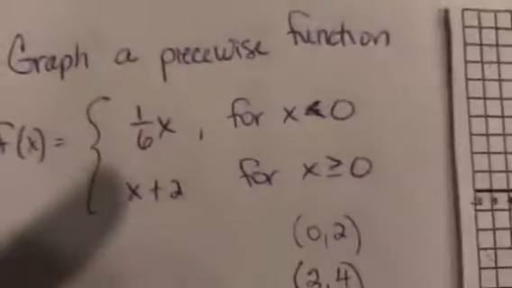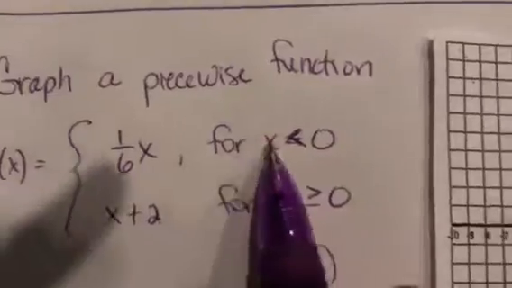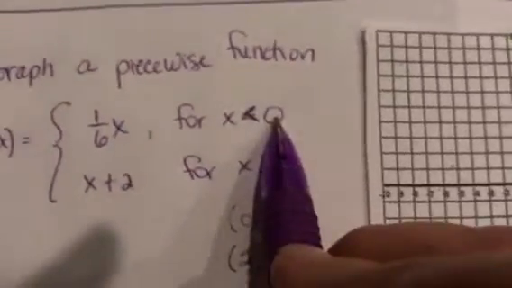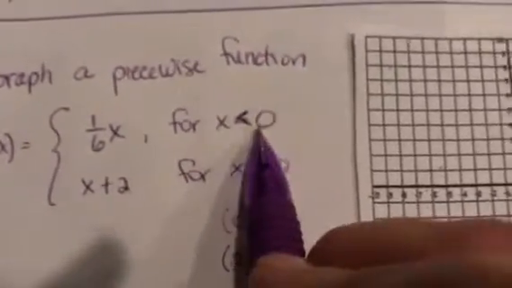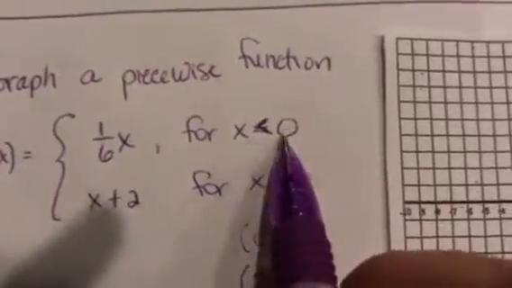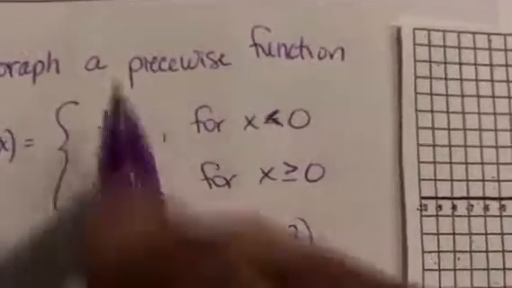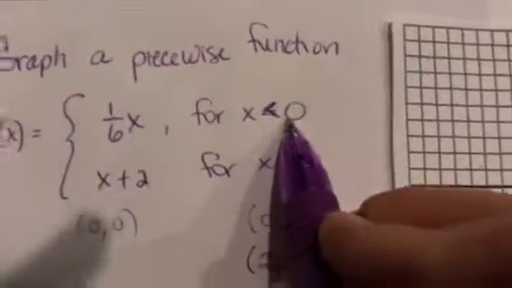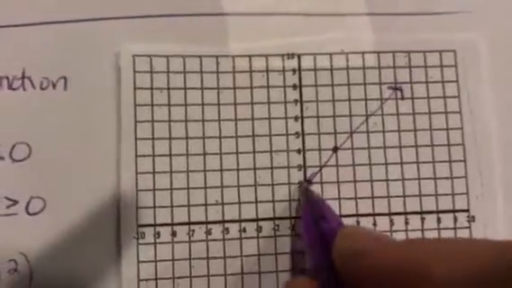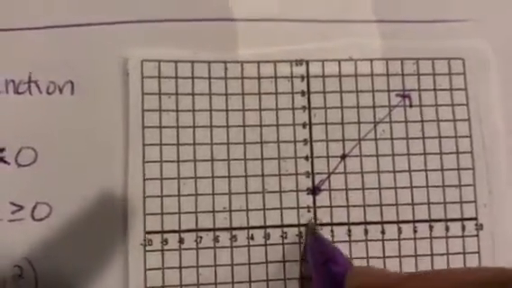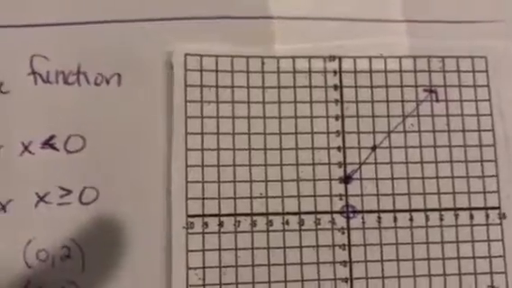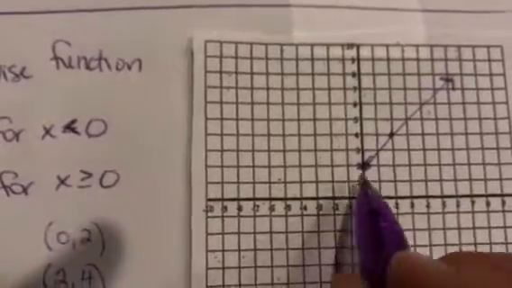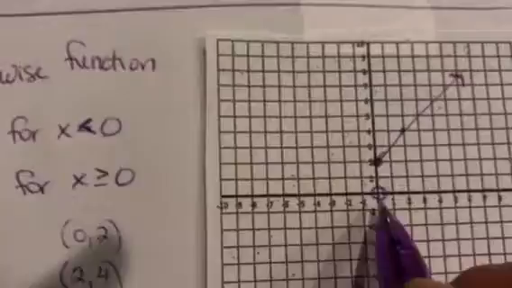All right, so let's come back over here and let's look at this one. Now, I know that I'm only going to plug in values less than 0, but this is crazy. You're still going to plug in this value. If you plug in 0, 1/6 times 0 is 0. So you have the point (0, 0), but since you technically can't plug in 0, when you come over here to this point (0, 0), instead of it being a closed point, you would do an open point right here. Okay, so I bet that's going to give you enough already to pick out the right graph,